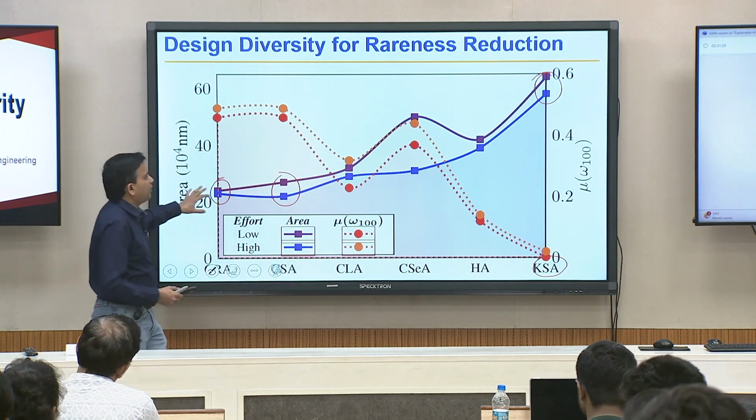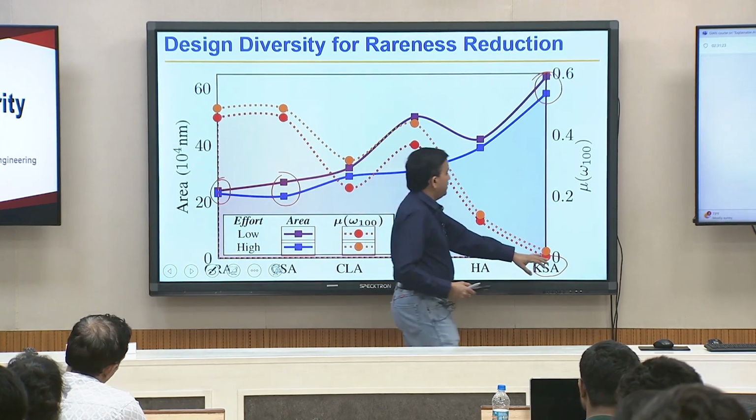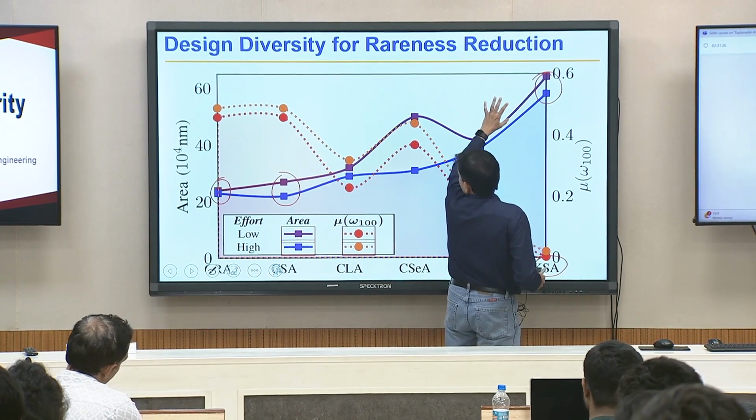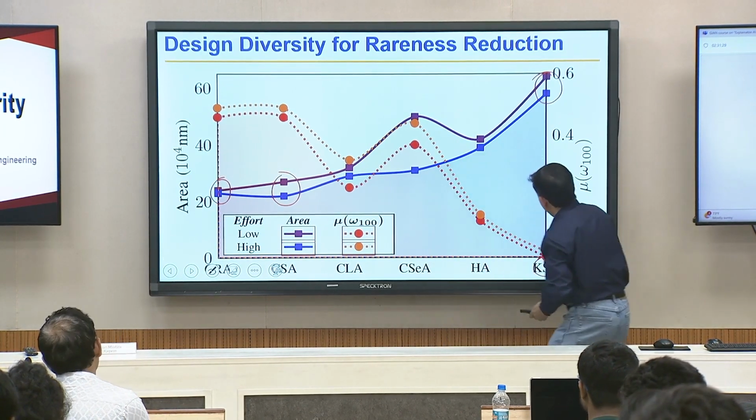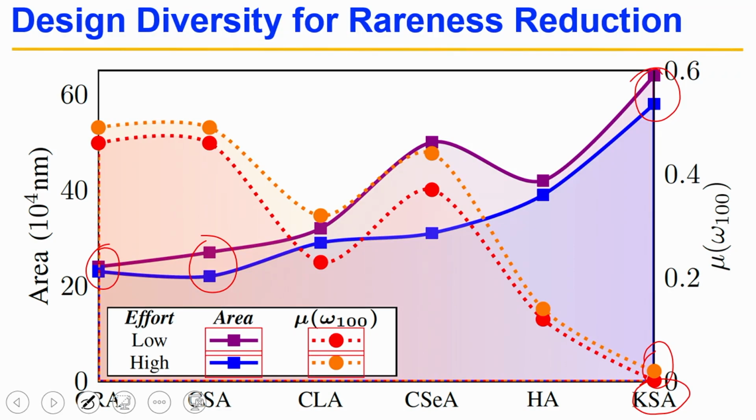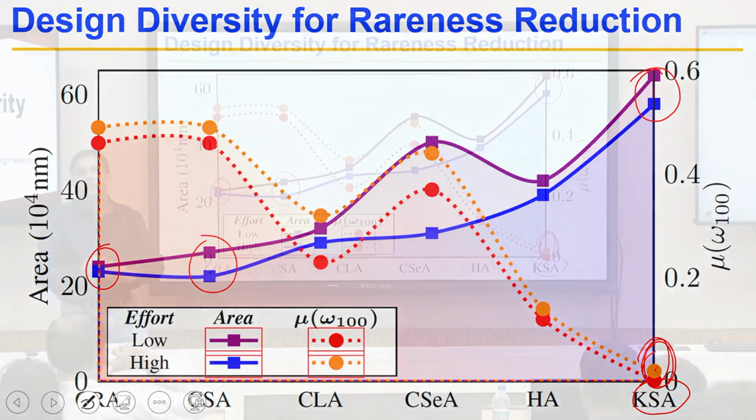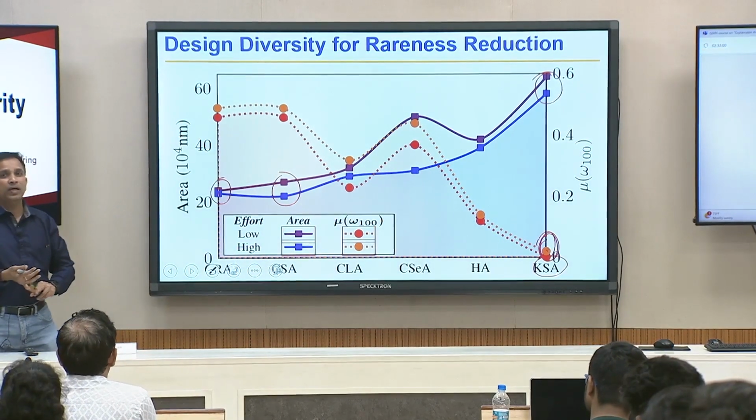Of course, area also can be a problem. You see this particular design, the area requirement is very high, although, sorry, this one was wrong. So, this dotted line, portfolio wise the area is really low, but I am saying it wrong. Rareness is really low, extremely rare, and area is in this case really high for that particular design. Any questions? So, design diversity, area optimization, there are many other optimization opportunities you can do,